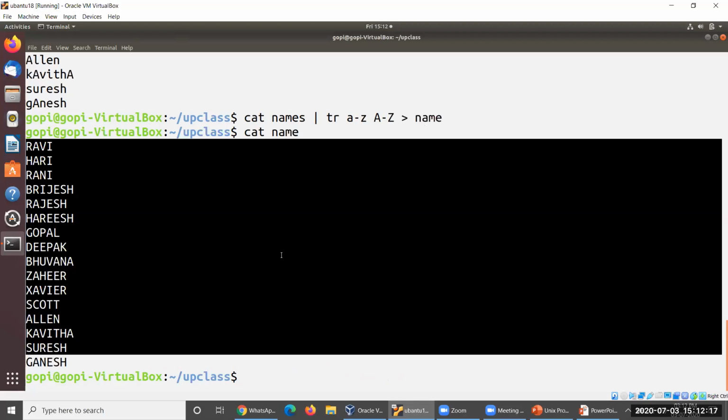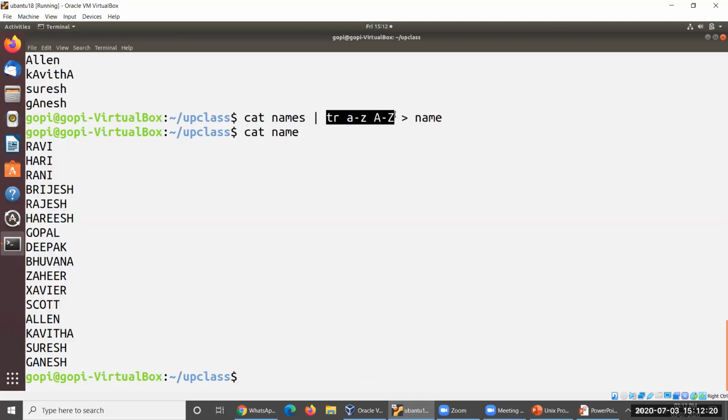Why could this be taken into consideration here? In the sense, if you want to translate from one language to another language, this translation is very, very useful. Okay, that is the only point where you have to use this tr command. Now you could perform the vice versa operation using this particular name here. Using this particular name, all capital letters are there, you could convert to lowercase letters.